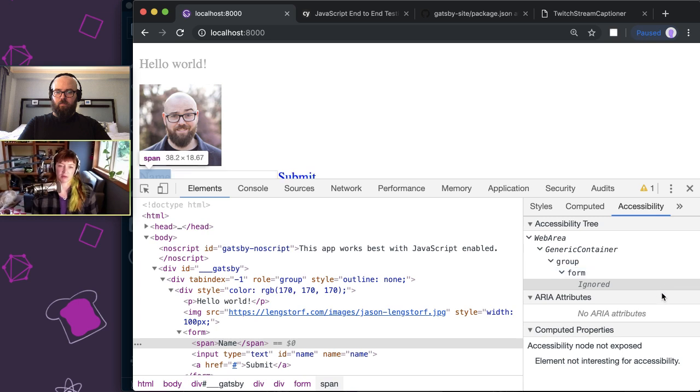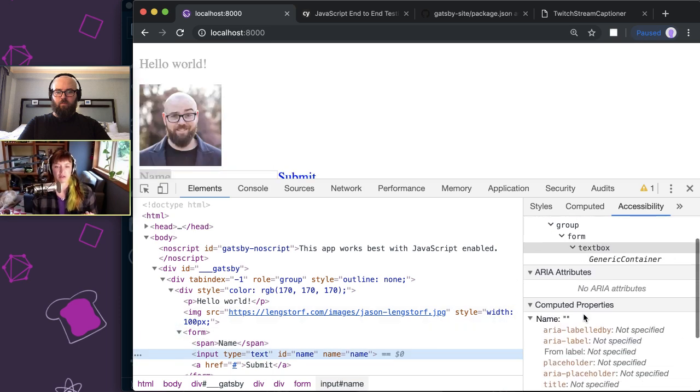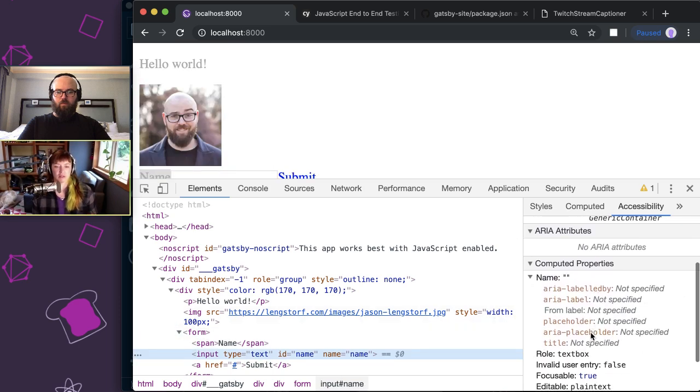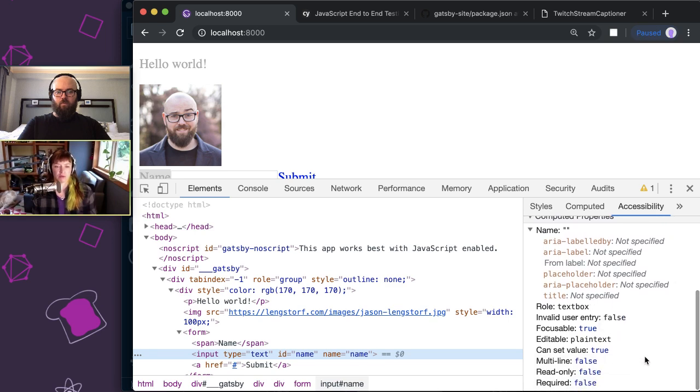Really happy to see that's in there by default. So you're on a span right now in the DOM inspector. If you click on the input right below it, we'll see if that has a label exposed using this accessibility tree inspector. So it's telling us in Chrome DevTools what the computed properties are for this input, and it's missing